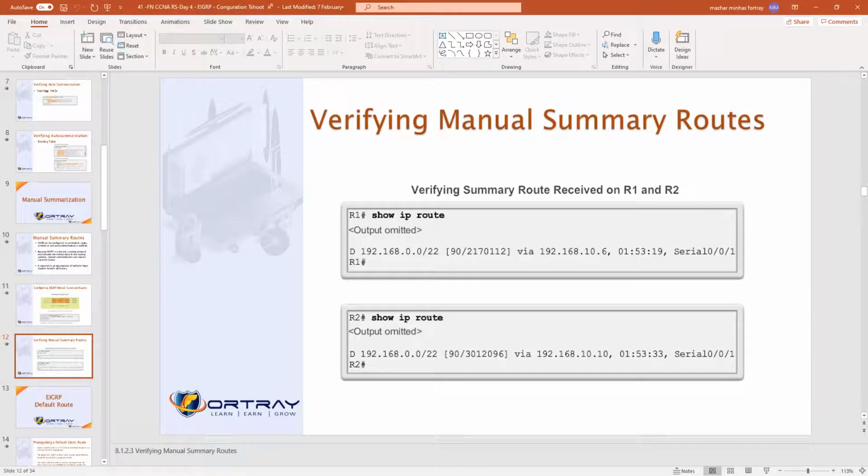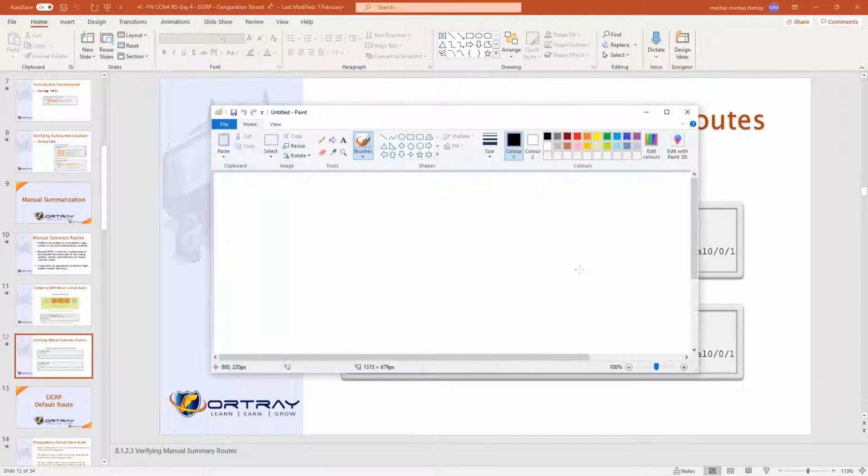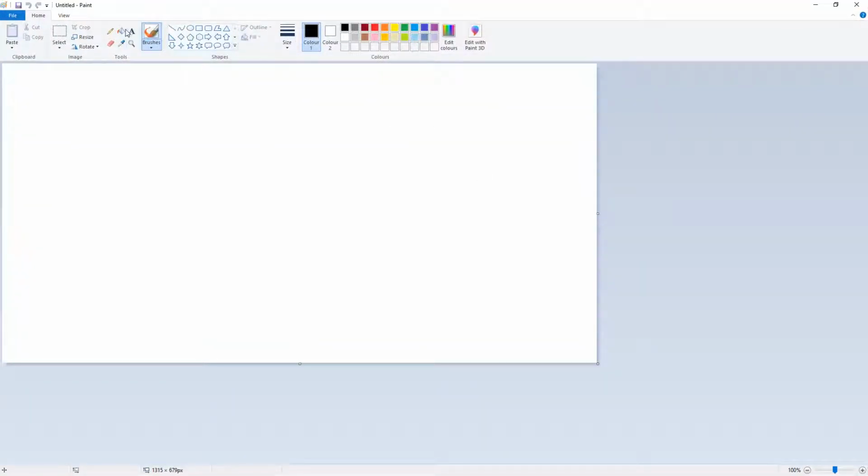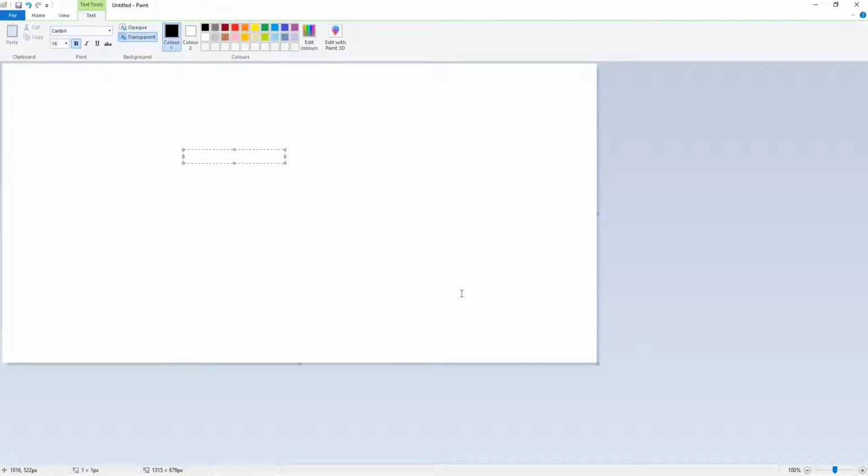You know, in subnetting we are taking the subnet from the host portion. Remember, in summarization, for example, we have 1. How can we write 1?